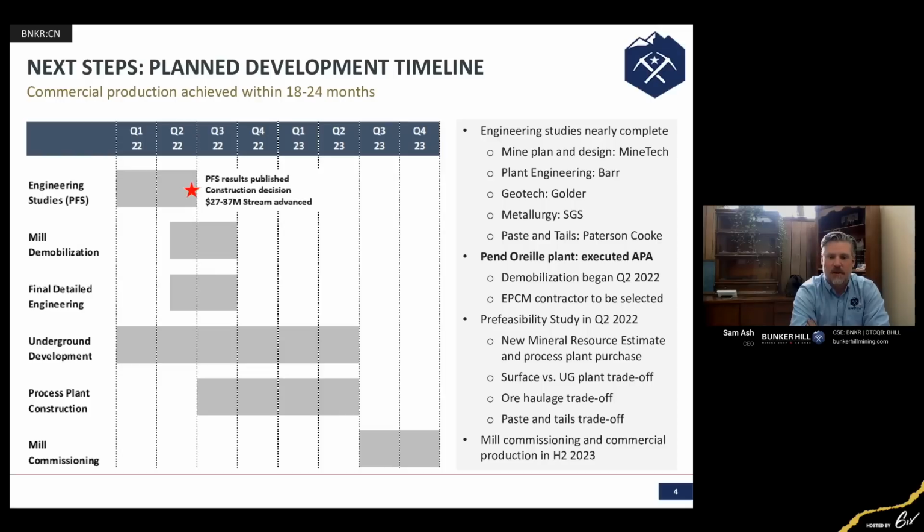That pre-feasibility. Some of the things that you will see coming out of that is the final decisions around some of the trade-offs: surface versus underground processing plant, ore haulage trade-offs, and some trade-offs around our approach to paste and tails. We're still very much on track for the